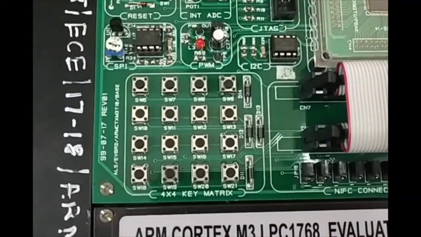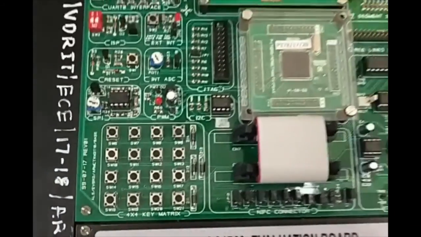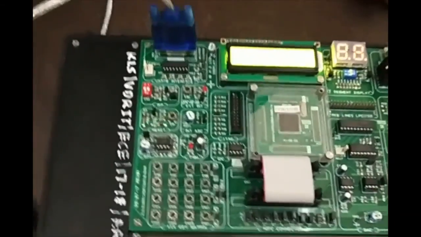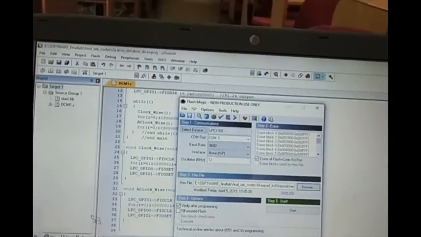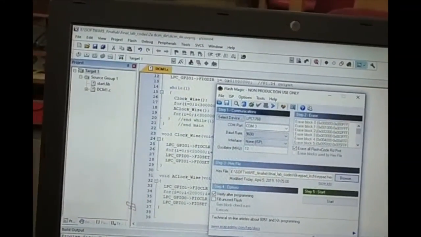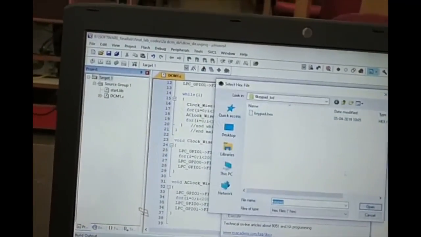Next, in order to demonstrate this, first let us load the hex file. Go to Flash Magic, then upload the hex file.